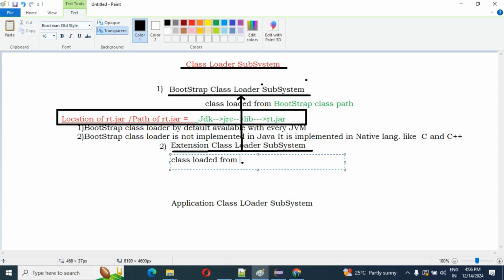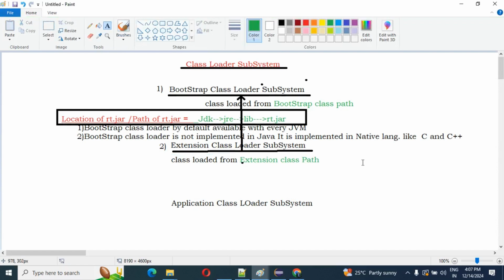Then you may have one question, what is the extension class path? I will explain, don't worry. Classes loaded from the extension class path, that is the extension class loader subsystem.